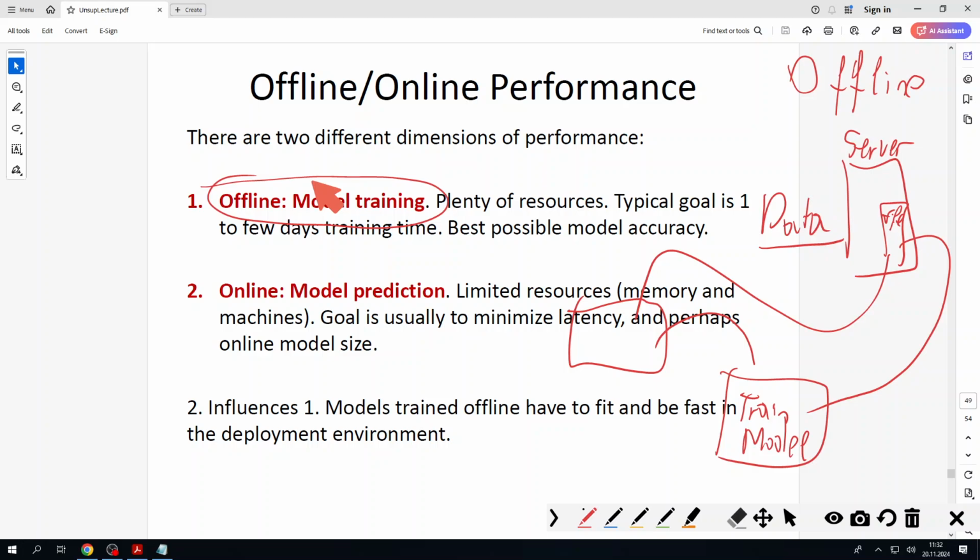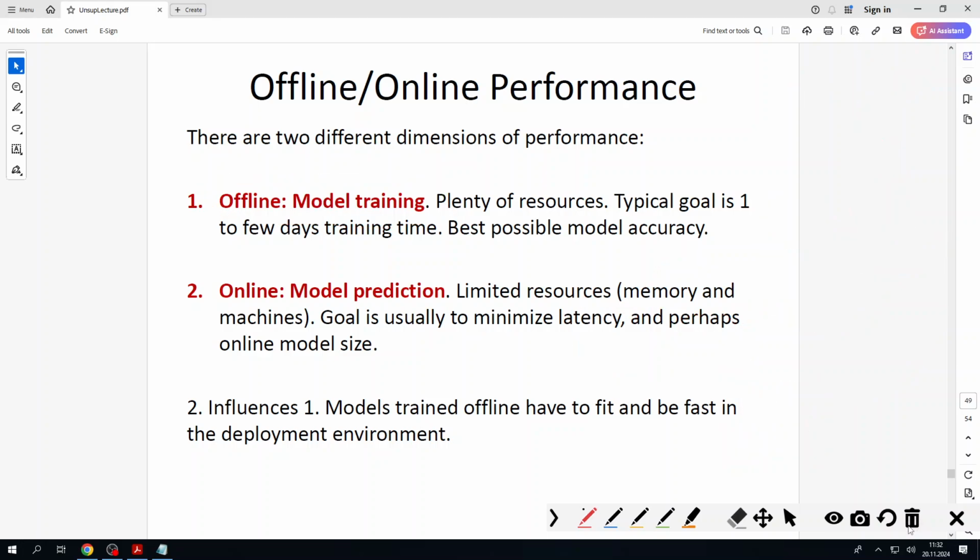You can wait a day, you can wait a month, you can wait a week, depending on your problem and situation, but it's not a principal question. Now, in online mode prediction, it's very critical that your model produces your prediction right away, as soon as possible. We can mention some autopilots here,